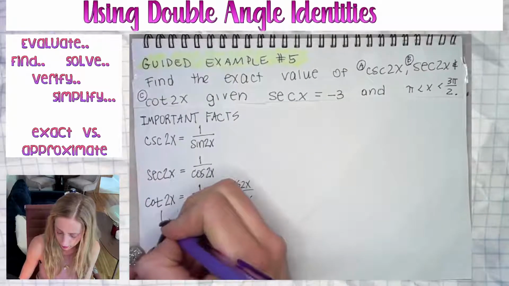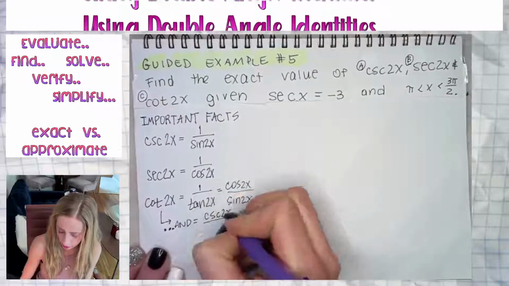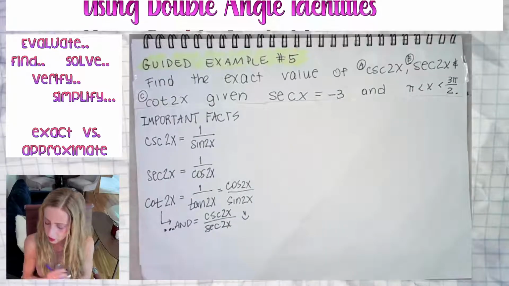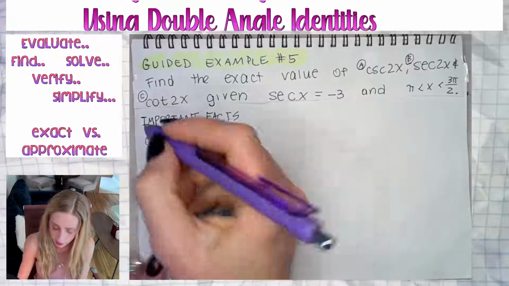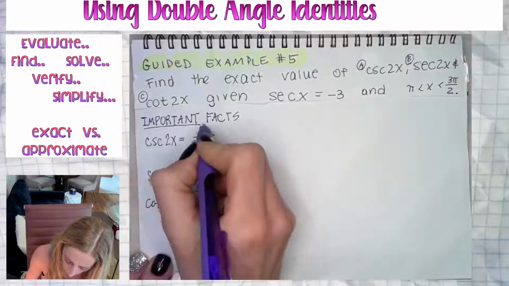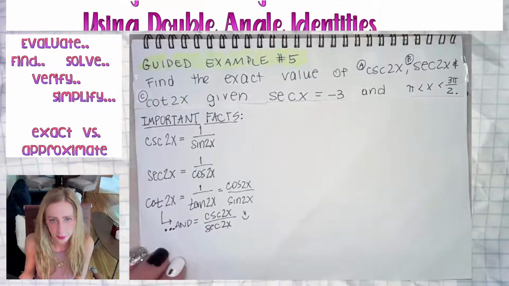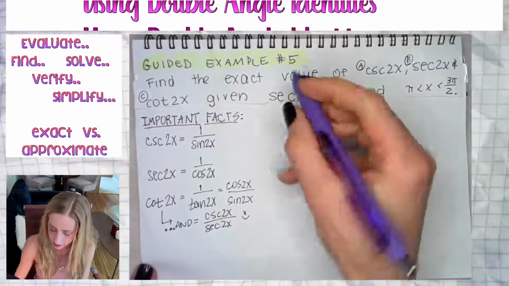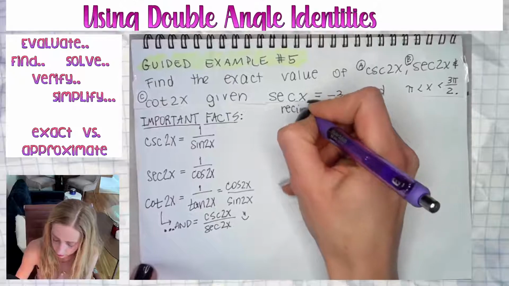So, and it also equals cosecant 2x over secant 2x. All right, so important, good to know. We're going to end up using this information quite a bit to get through this guided example right over here. Next thing, secant of x, which is the reciprocal